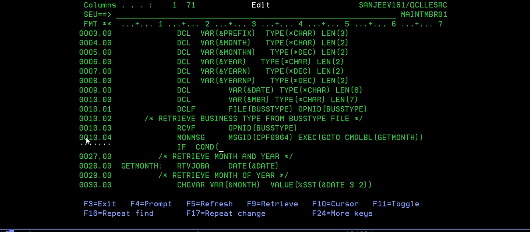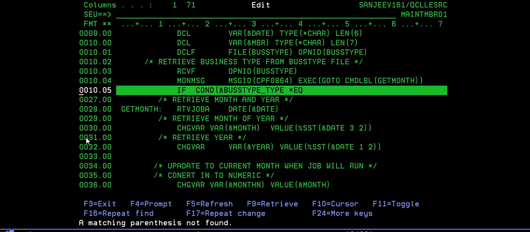I think it will be BUSTYPE underscore, the field name type. IF type equals to, not I, equals to the variable bus type, then